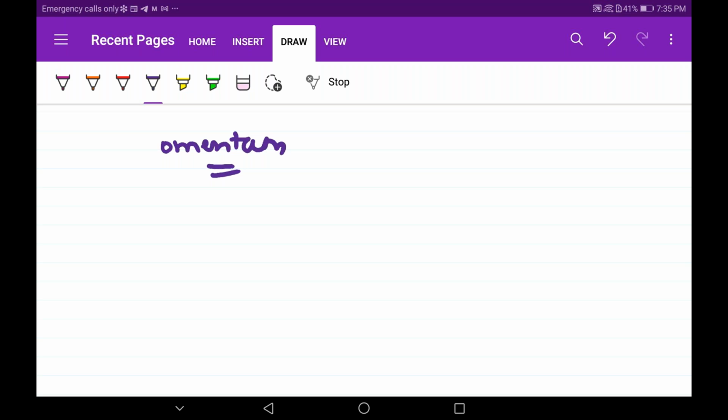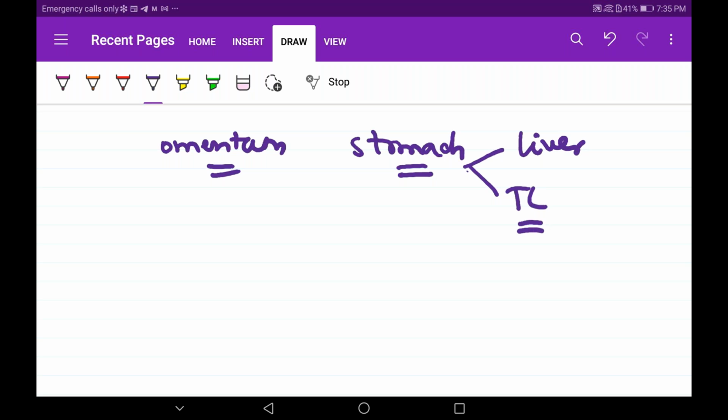Omentum, what it does is it connects the stomach to the liver, and it connects the transverse colon, right? That's what omenta do. See,